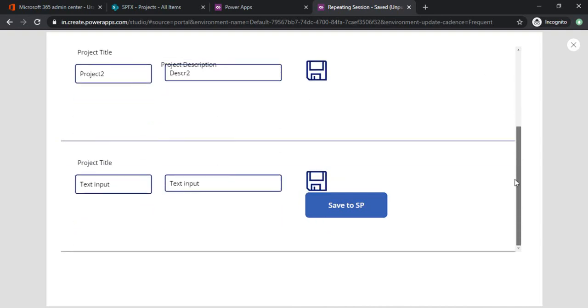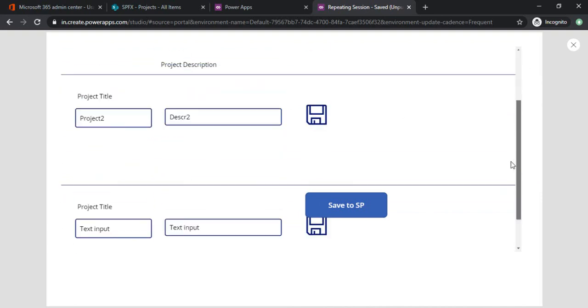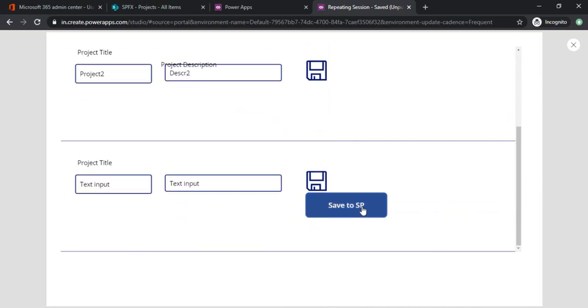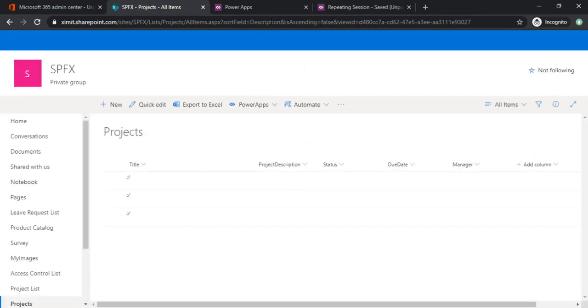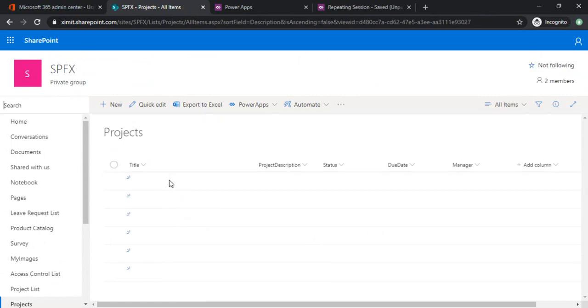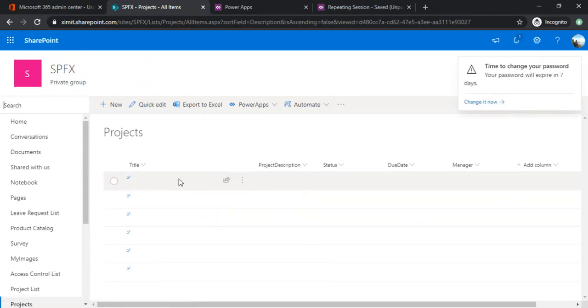So it keeps on adding the rows for me, you can see. Now when I click on the save to SP button, what it should do is add the projects to my list. Okay, so when I refreshed, I could see that it added a few items, but all are blank.